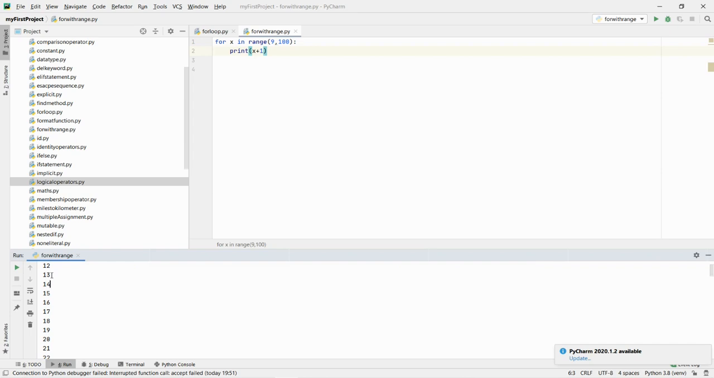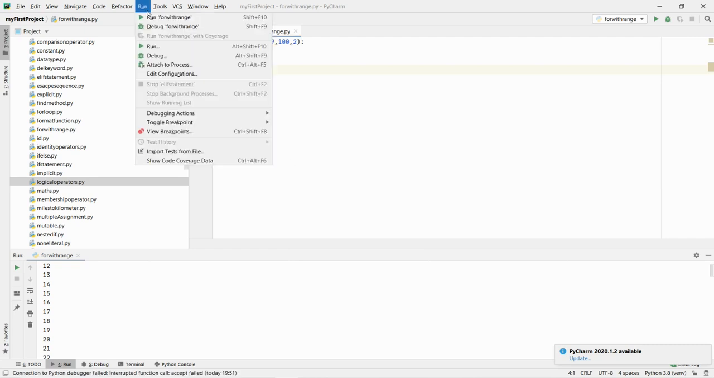But suppose I want to print the alternate numbers, or if I want to increase the difference between two numbers, then I can pass the step value also. So I can say something like 2. Basically I'm asking Python to print the values from 10 to 100 and skip the alternate values. So if I run this program now,